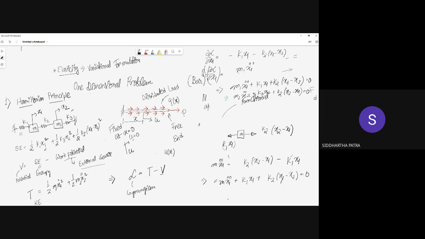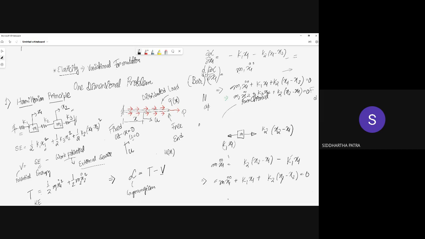What is useful in any numerical method is that you should be able to code it into a computer. And in order to code that into a computer, you want things to follow a certain routine, a certain rule or order. You don't want to emphasize each and every object, each and every mass, each and every degree of freedom. So that's why we can use the Hamiltonian principle.